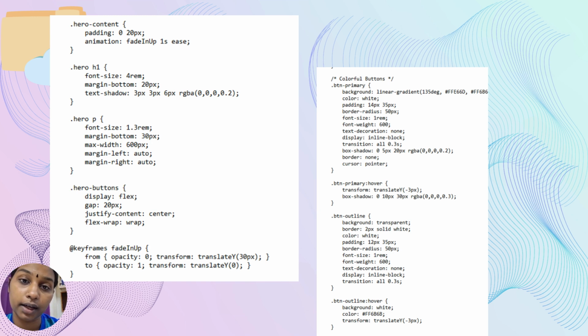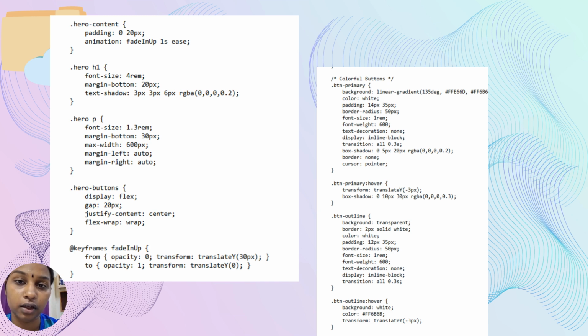The third is smooth micro interaction on hover. Interactivity is a key of conversion. When a user hovers over the primary button, it smoothly lifts up forward by 3 pixels using translateY, and its box shadow deepens and expands. This gives an immediate sensation that the button is reaching to the user's presence. This smooth animation is handled perfectly across a 0.3 second transition curve.